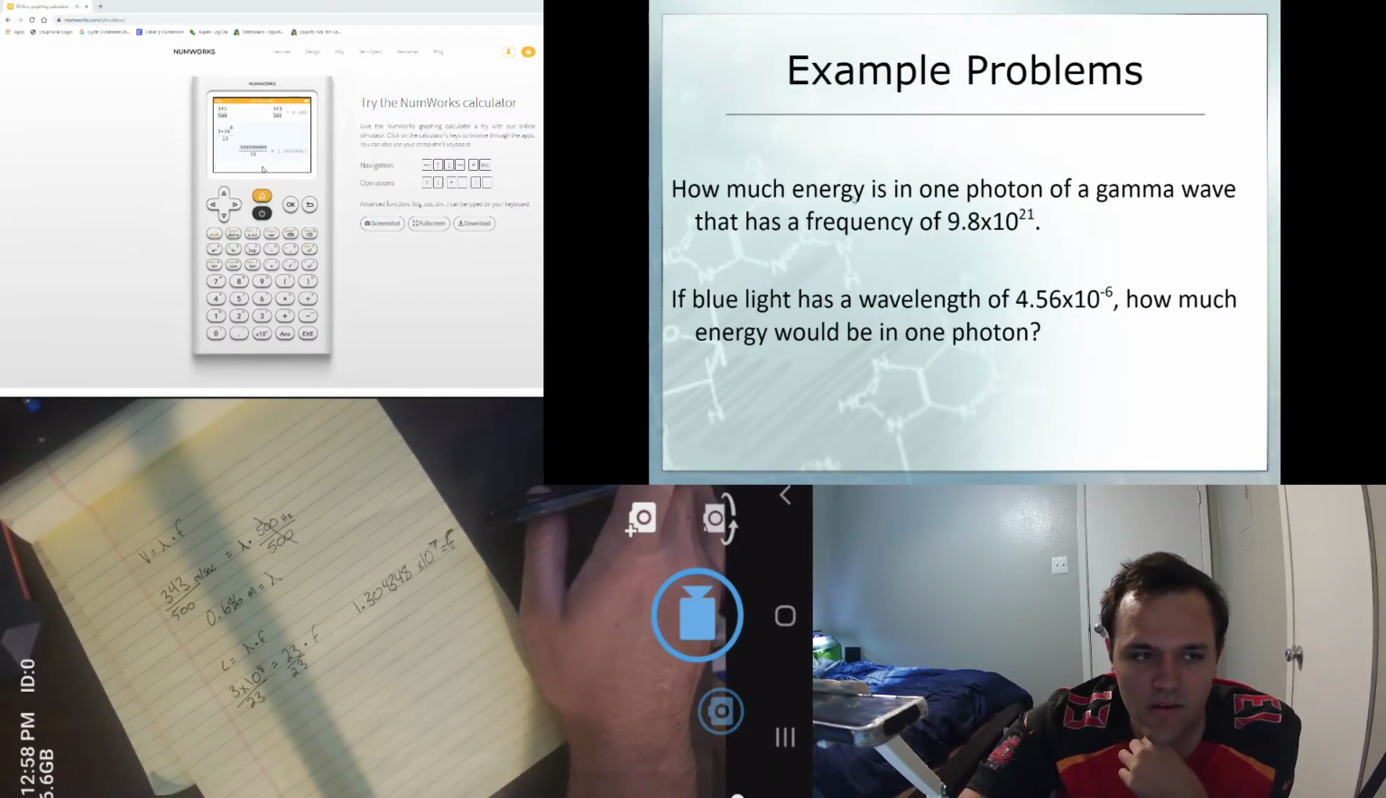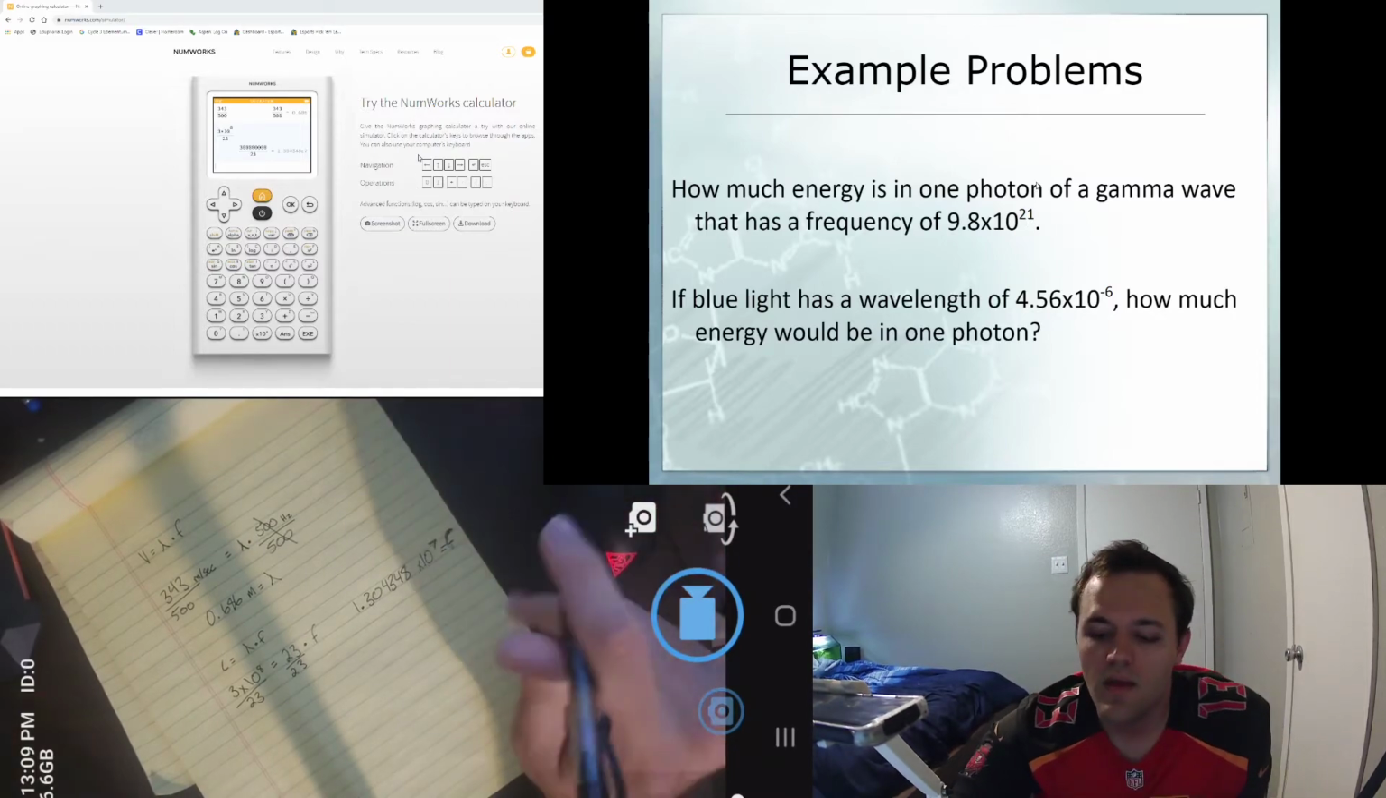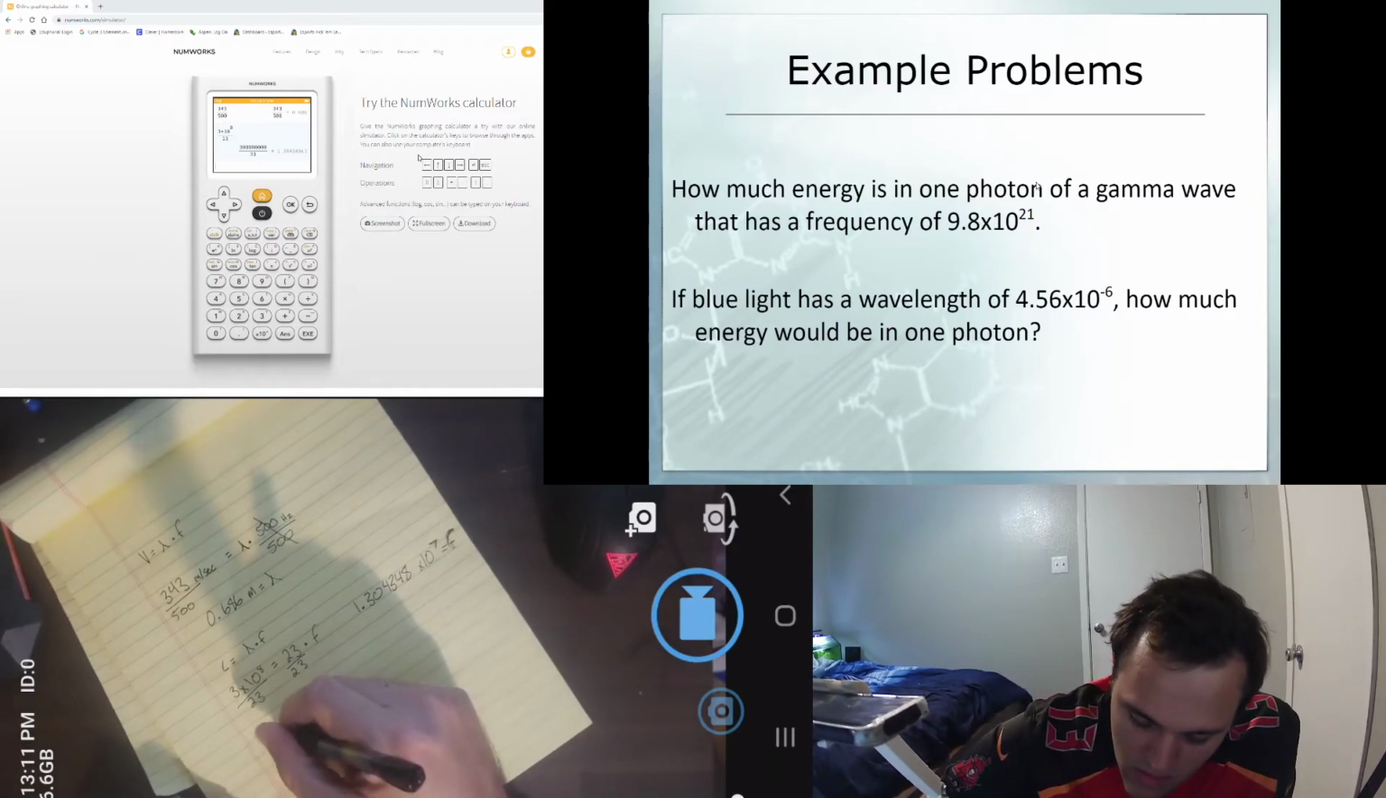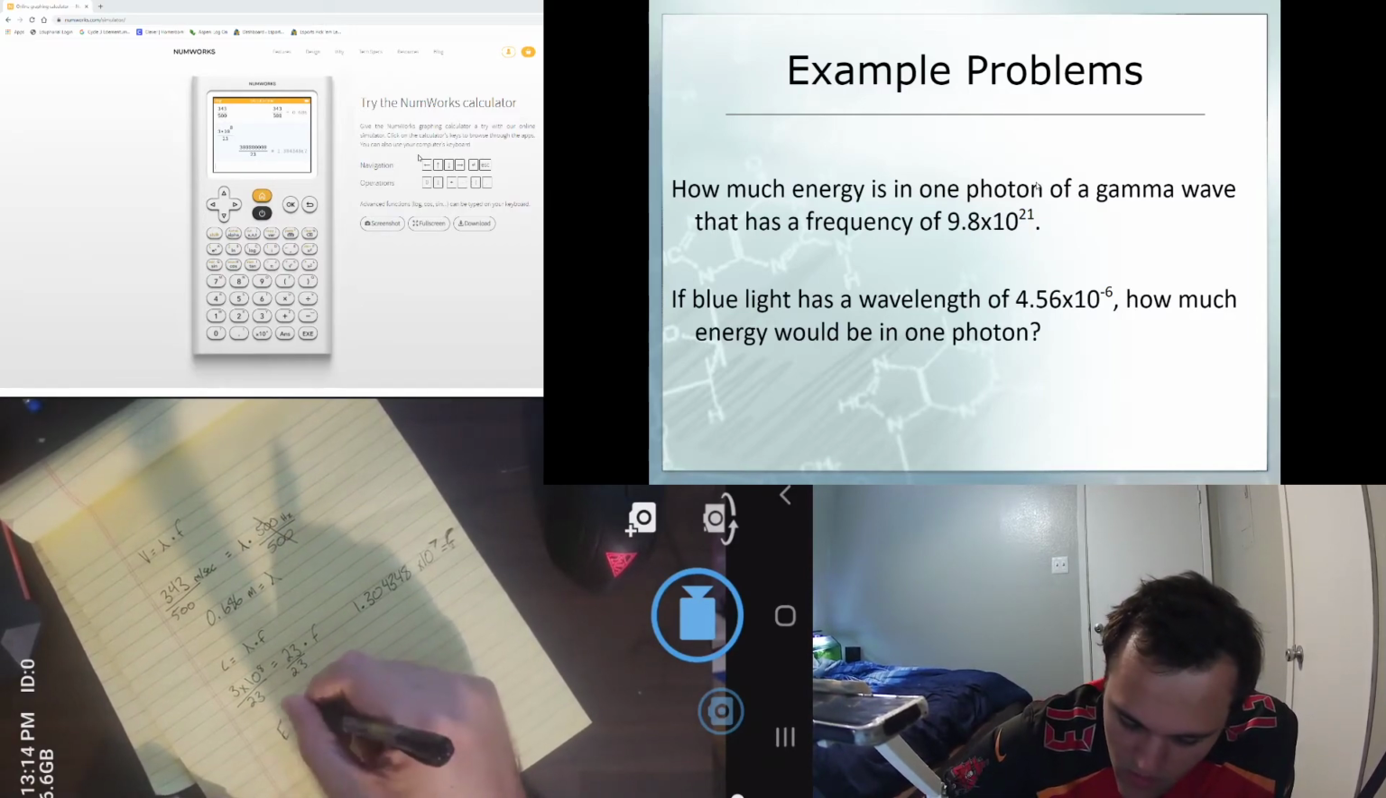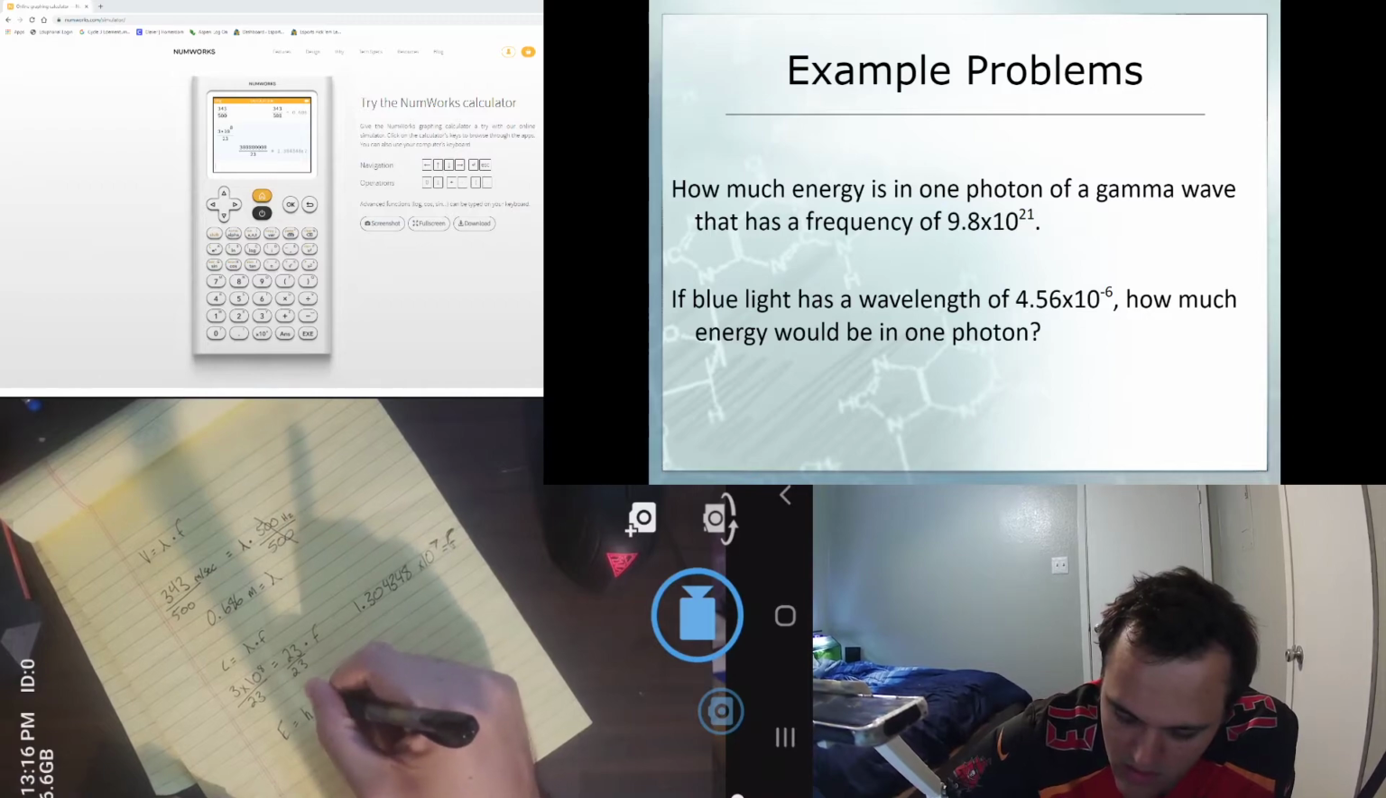So here we've got problem 1, which is how much energy is in one photon of a gamma wave that has a frequency of 9.8 times 10 to the 21 hertz. I should have put the unit in there. So here, if our equation is that energy is equal to h times frequency,